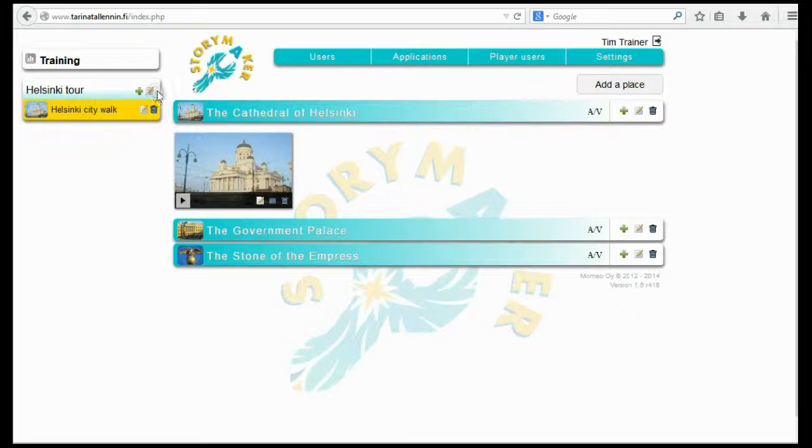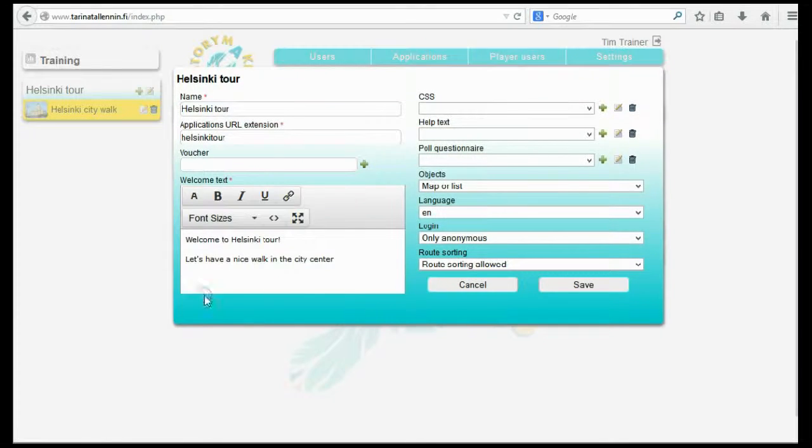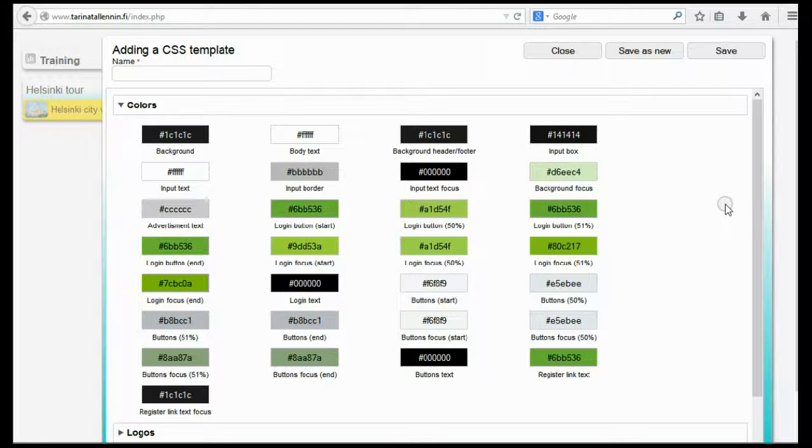In the application bar there is an edit button. Click that one. We get the application frame editor here, and here is the CSS, the cascading style sheet editor, or selection windows. Now, since we have not yet made any of those, there is an empty list, so we create a new one by pressing the add button, and then we get a list of things that we can modify